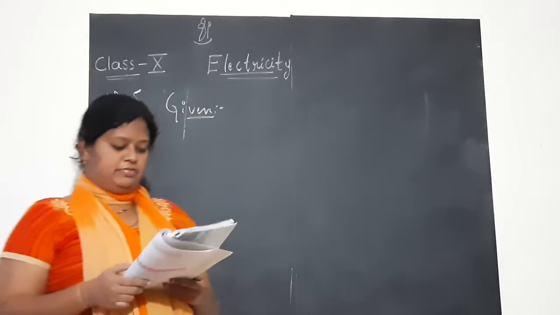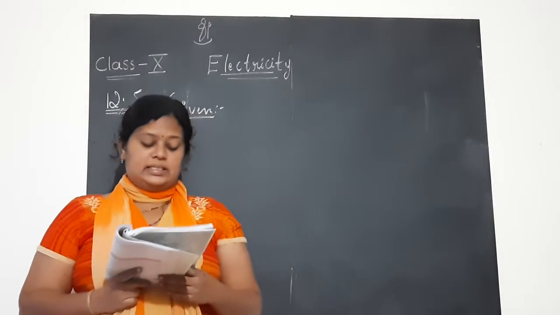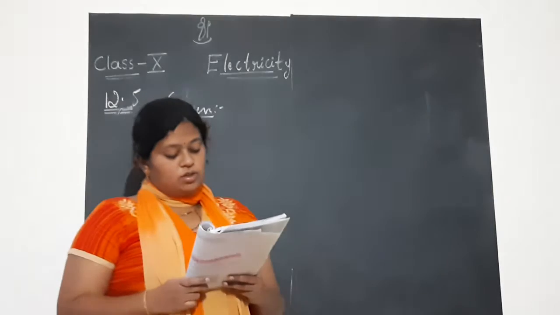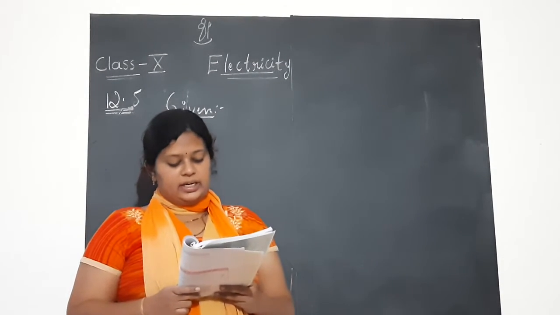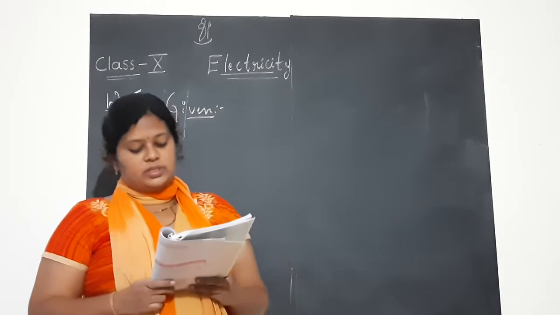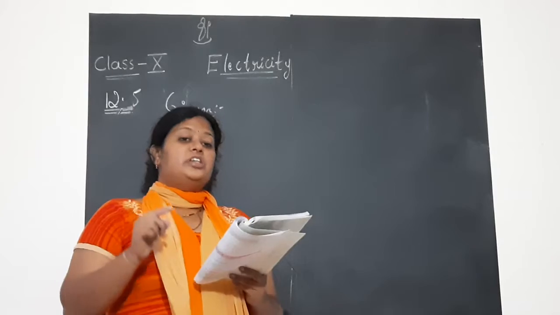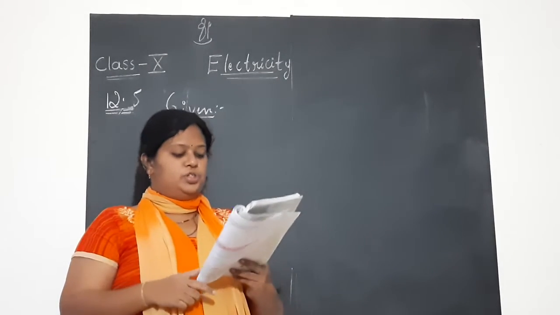Exercise 12.5. This is a bit tricky question. Please pay attention when you go through this video. See, the resistance of a metal wire of length 1 meter is 26 ohms at 20 °C. Here they will not mention it in words. See, the 20 and the ohm symbol, you know, resistance. C means Celsius, you should know.